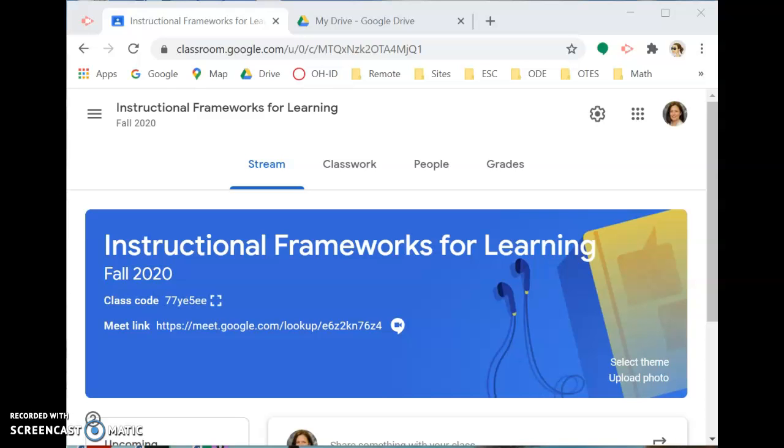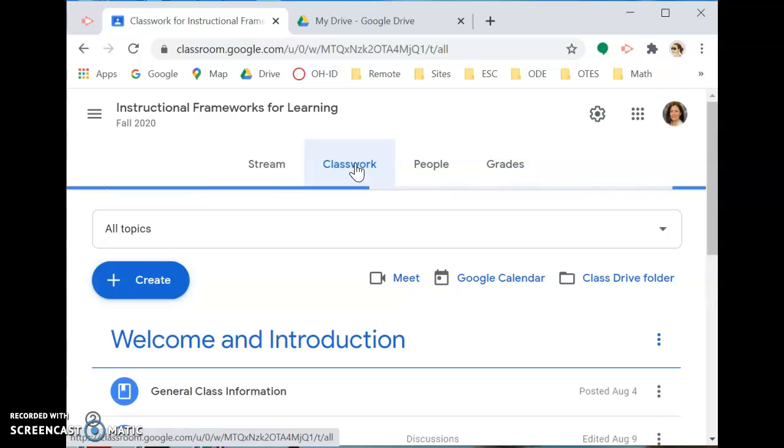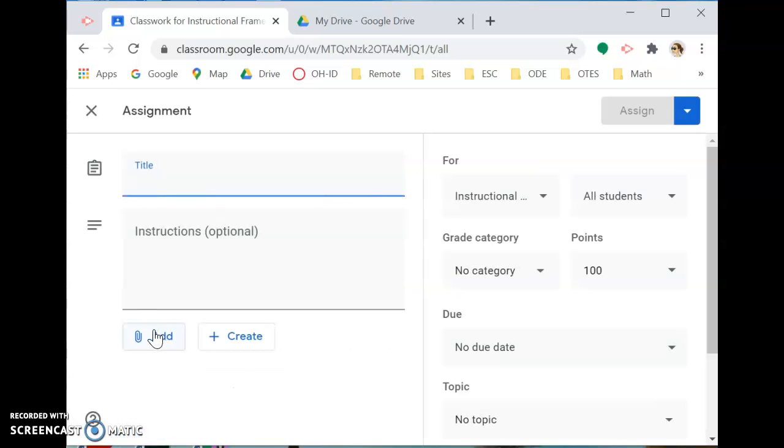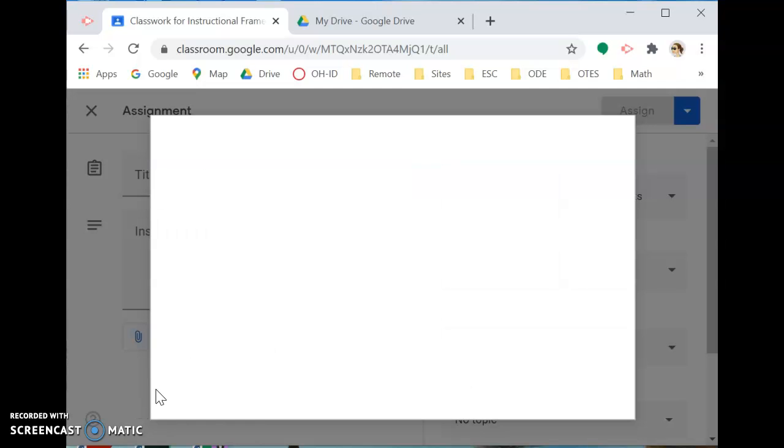This video will walk you through how to create group tasks using Google Classroom assignments. To begin, look at the Classwork tab of your Google Classroom. When you create an assignment and you add a file to it,